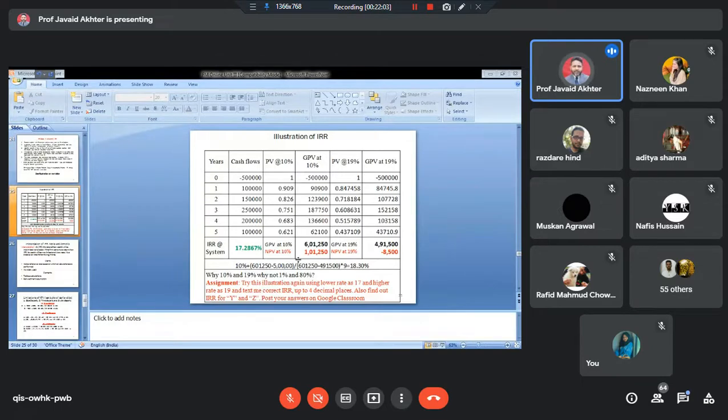Suppose the funds are available or the project costs you 20%. So it is negative safety margin. Suppose the project costs you 15%. So there is 3.30% positive safety margin. With the concept of break-even, it can be expanded into positive or negative safety margin. Is that clear or you need something more? No, sir. Thank you. Any other question?